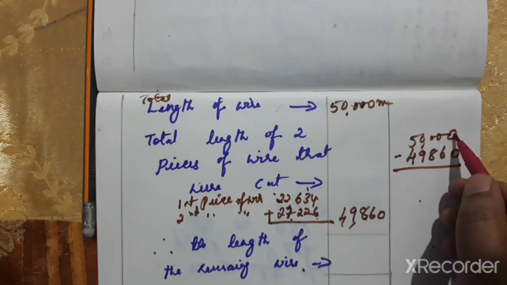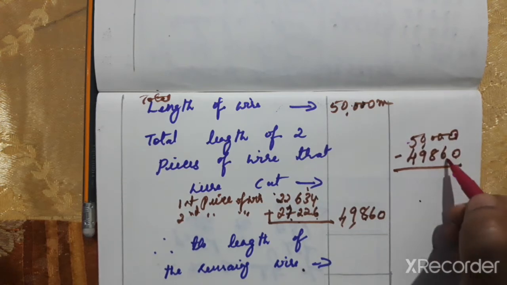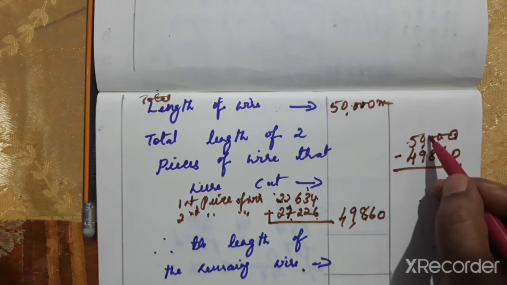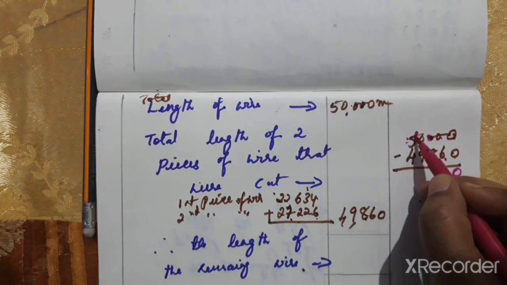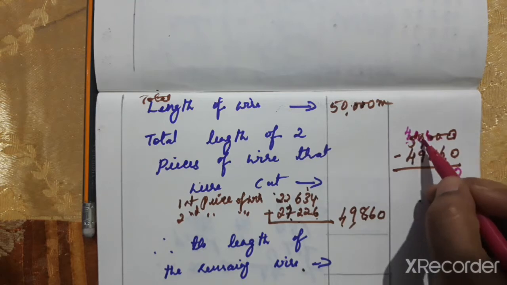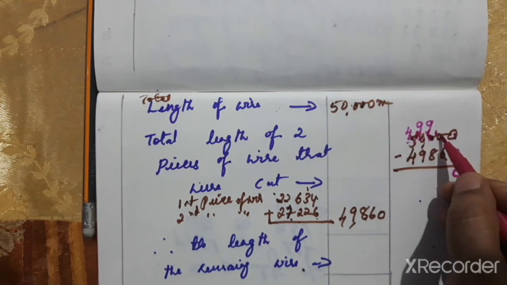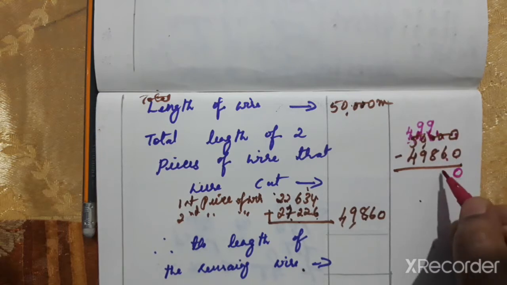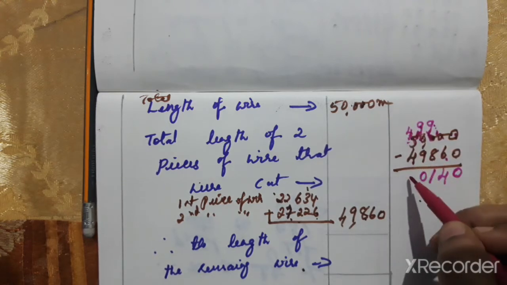Now here subtraction, greater number should be on first line. And now 0 minus 0 is 0. 0 minus 6 we can't subtract, borrow 1 from next number. Here also there is 0, and here also 0. So from 5 you get 1 here. So 5 will become 4. Out of 10, 10 will give 1 to his friend, and 10 is now 9. Now here 10. Now 10 minus 6 is 4. Now here 9, 9 minus 8 is 1. Now here 9, 9 minus 9 is 0. 4 minus 4 is 0.